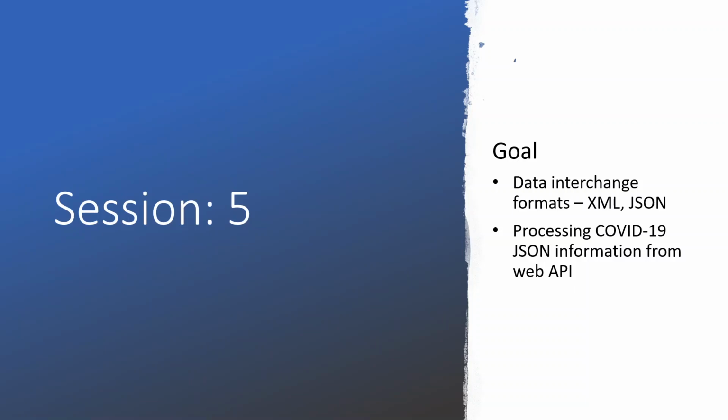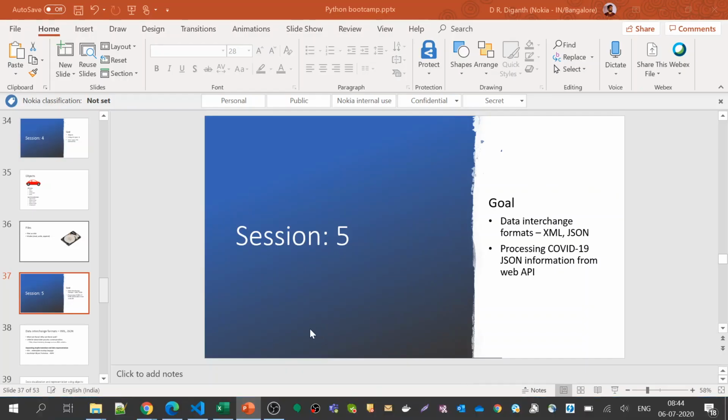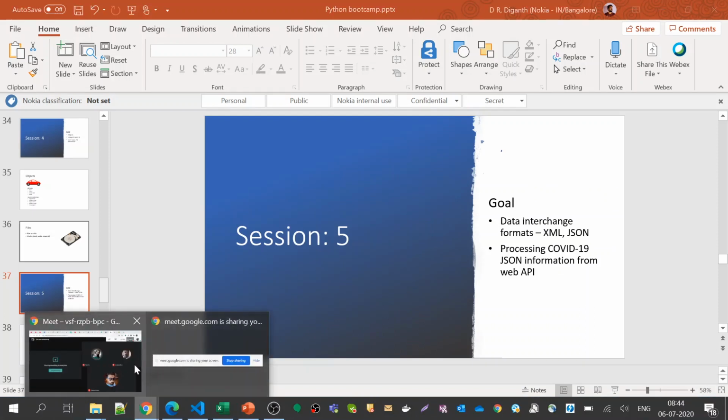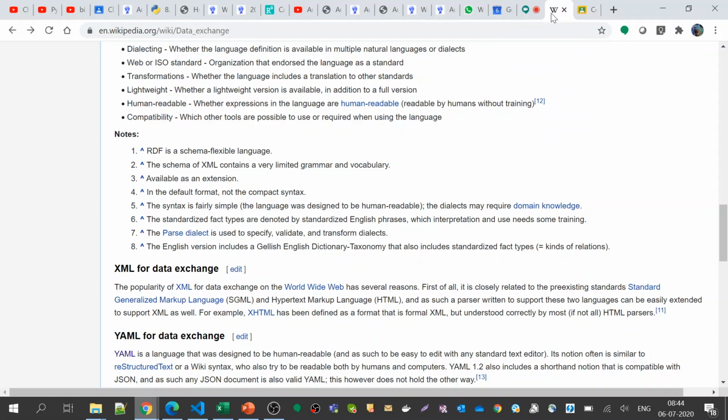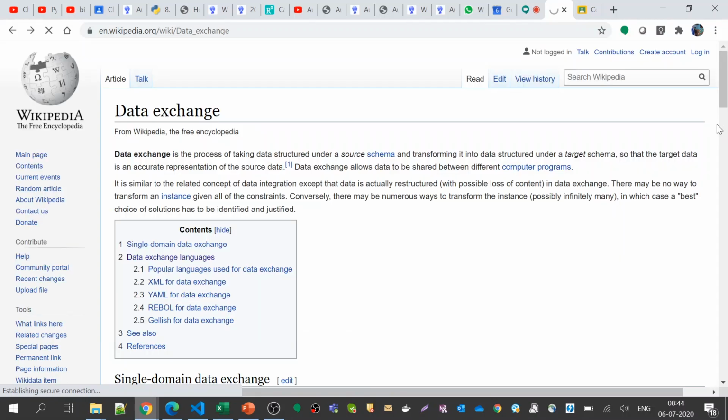So let us consider that this is an international competition, and then the mazes are actually released on a website or through an API. API is nothing but usually when we go to a website, say for example, this website, Wikipedia. Okay, so usually what happens is you see fancy stuff here. That means there's a picture. A picture has a text, and the text is very enriched, and it is put in a nice format.